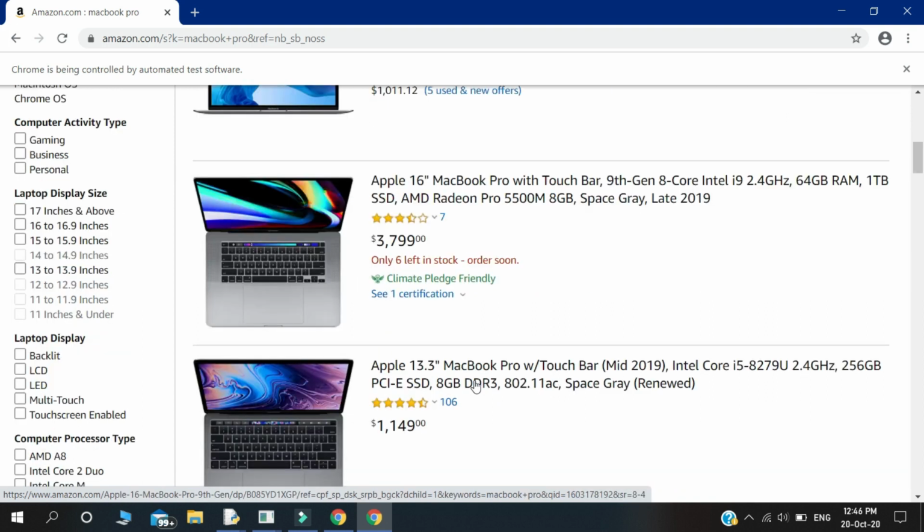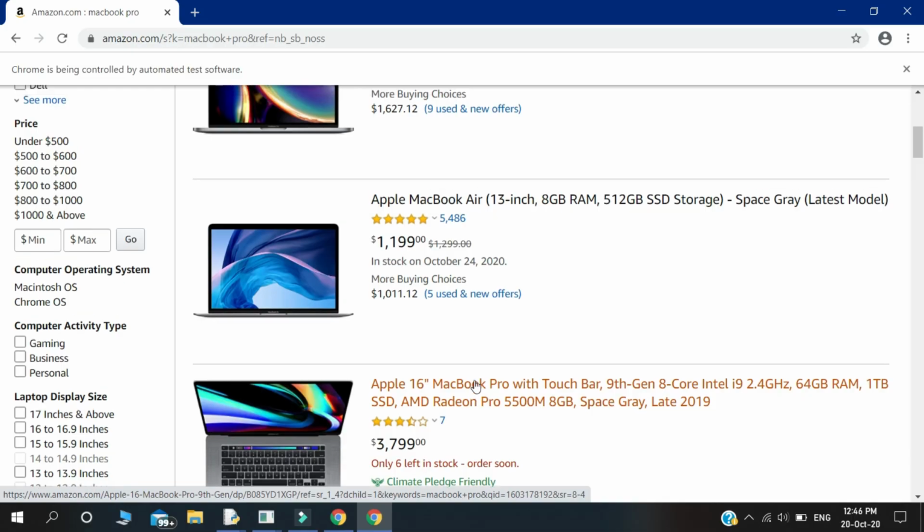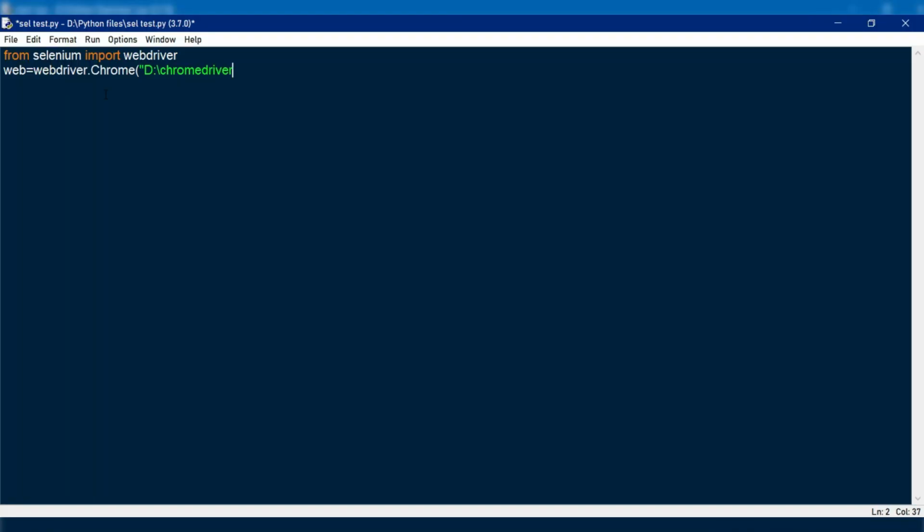Next we need to focus on automating the process of adding products to the cart on the Amazon site. Just copy the requirements and declare a variable called product URL. Here you need to paste the link of your product and type web.get, open the brackets.